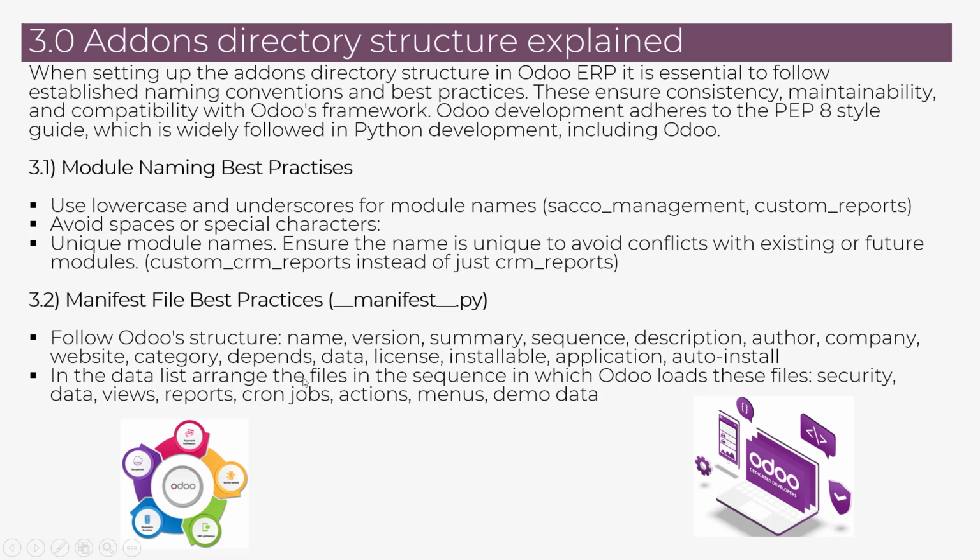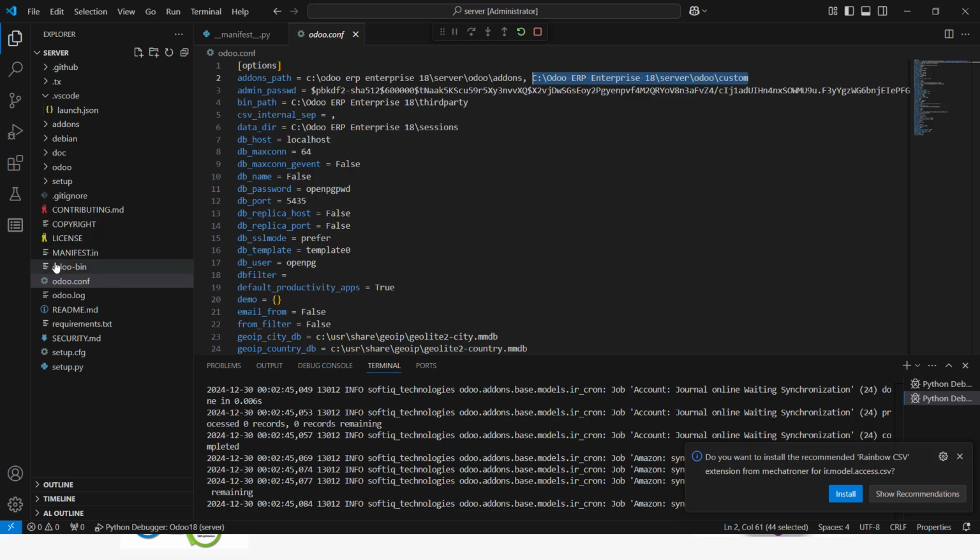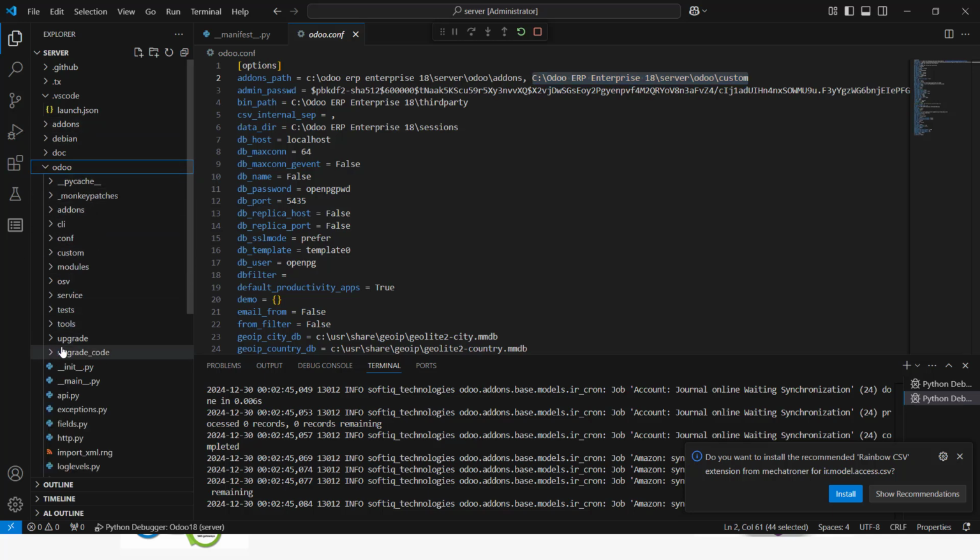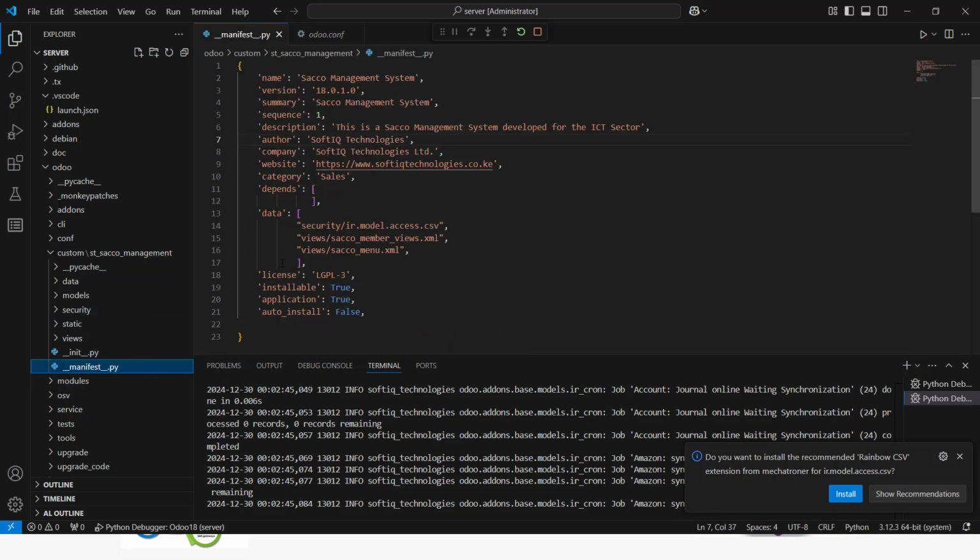So in the data list, arrange the files in the sequence in which Odoo loads these files. It begins with the security files, goes to data, views, reports, cron jobs, actions, and menus. So in our manifest file, this is the order you should put your files. And we can also see this in our